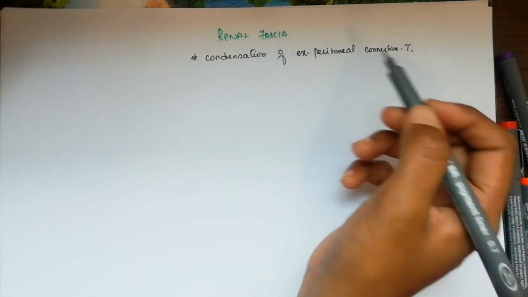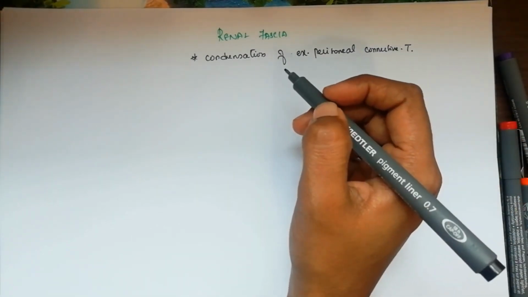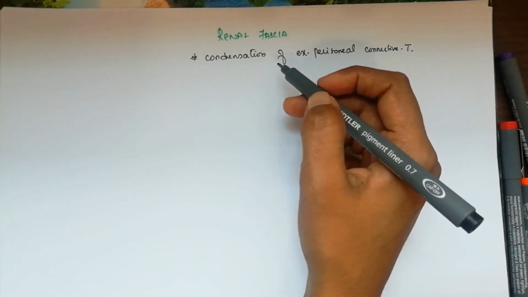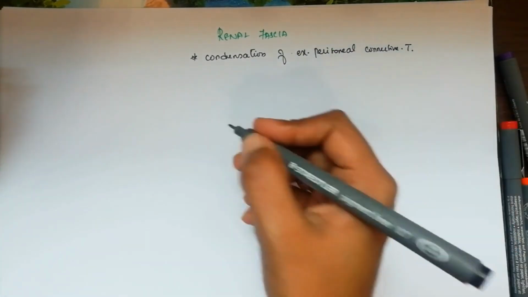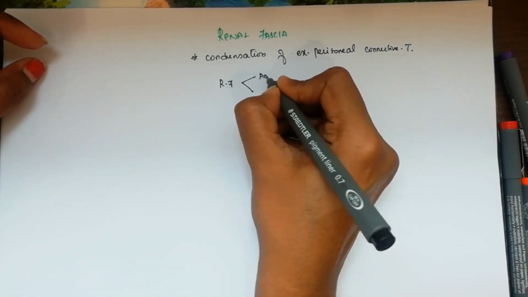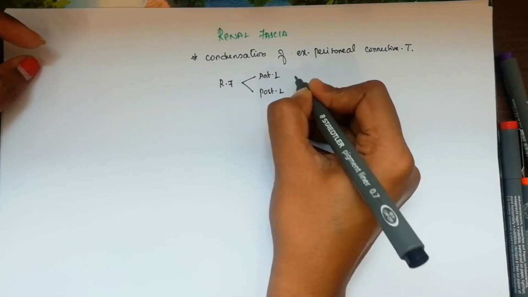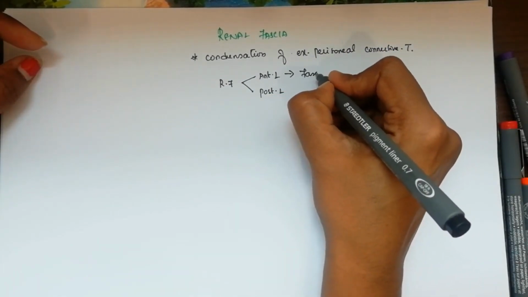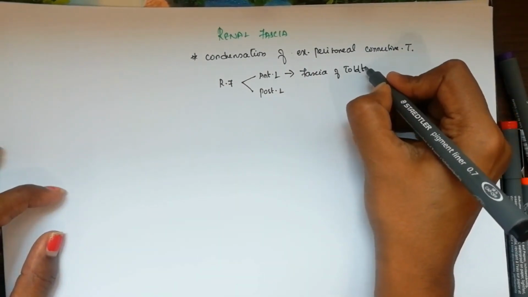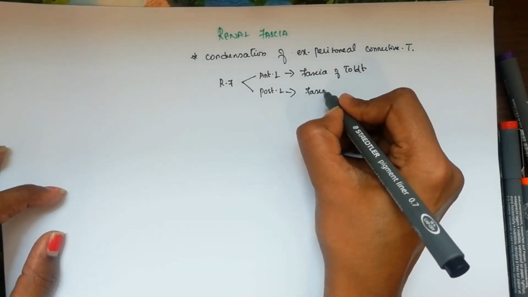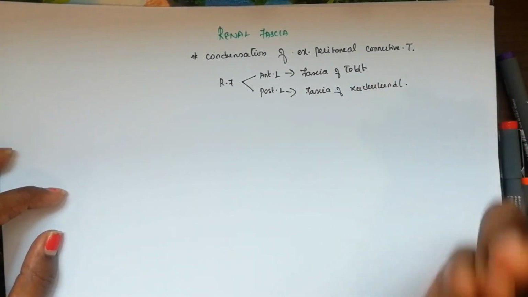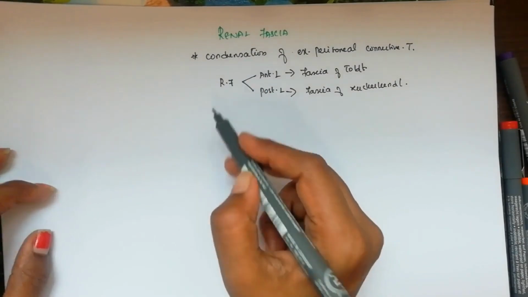And this renal fascia, laterally, continues as fascia transversalis, which is a fascia seen in the abdomen region. Here this renal fascia is again divided into 2 layers. One is the anterior layer, another one is the posterior layer. The anterior layer has a special name, fascia of Toldt, and the posterior layer is called fascia of Zuckerkandl.